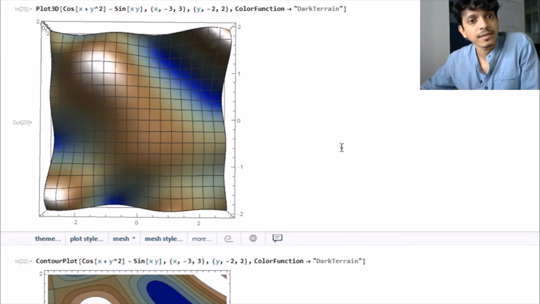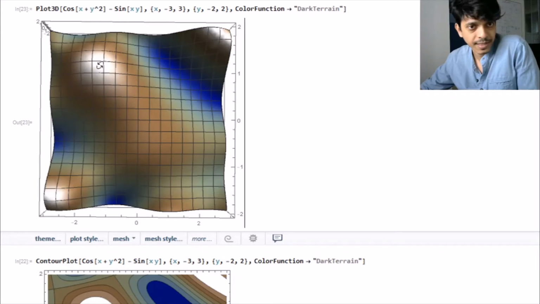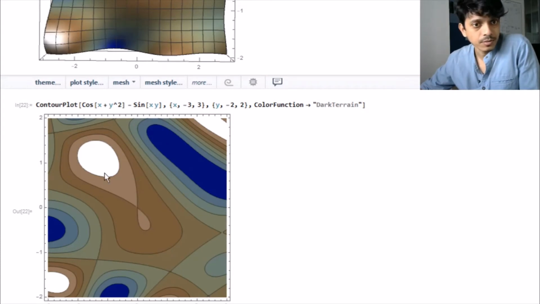And when we look at a function of two variables from the top, that is exactly what a map is. When you're looking at a map of the earth, this is what it looks like. There are some parts that are very high and some parts that are very low. That's what I've plotted over here as a 2D contour plot, as it is called. These white areas are where the value of the scalar field is very high. The blue regions are the places where the value of the scalar field is very low.